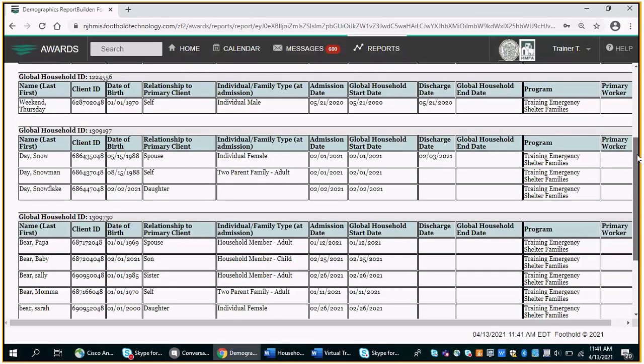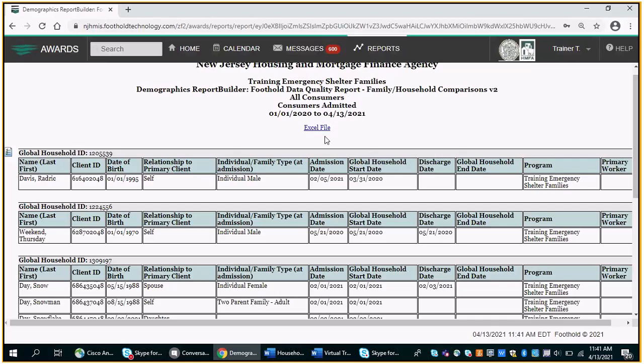I'm going to scroll back to the top. There is an Excel file link where if you click on this, it will download the file and you can save it onto your computer. On the far right,